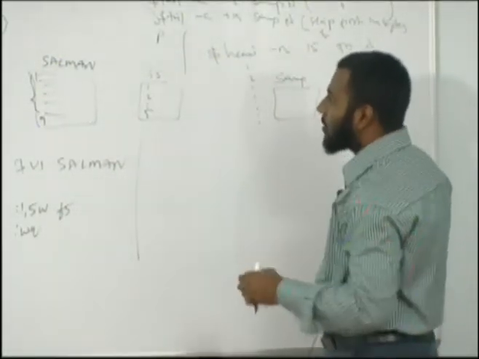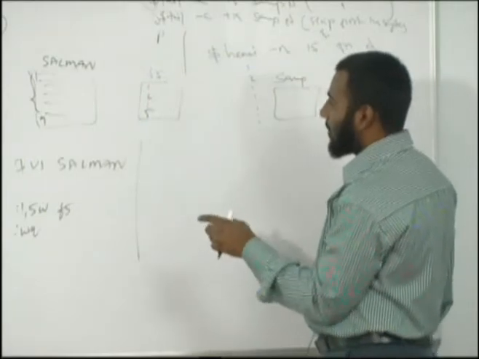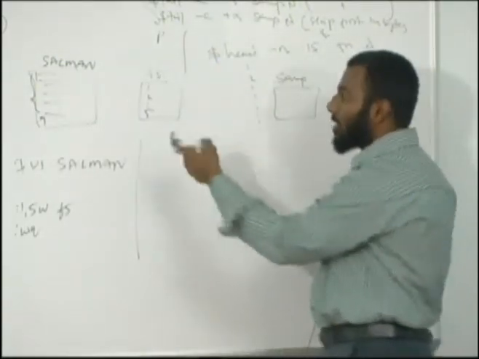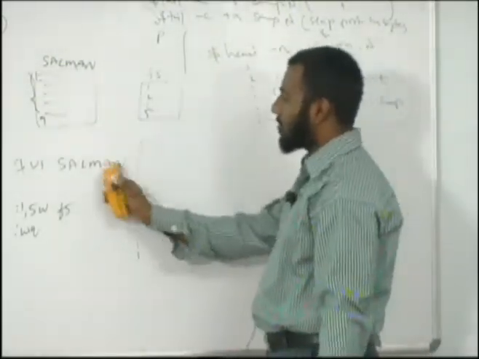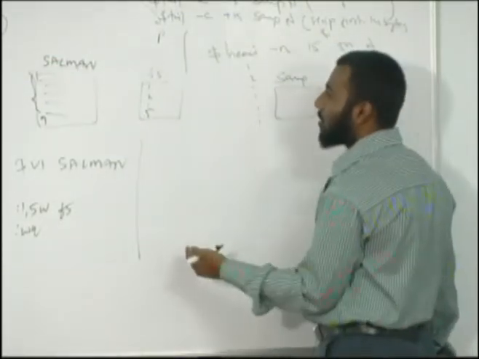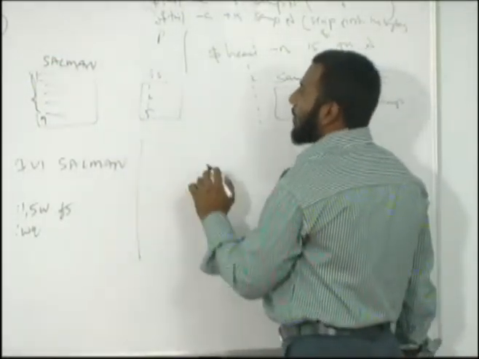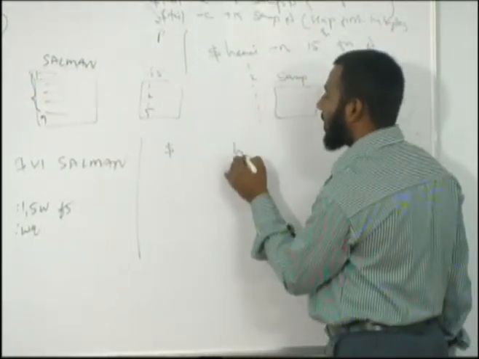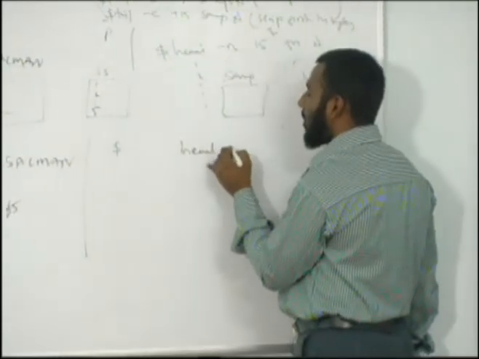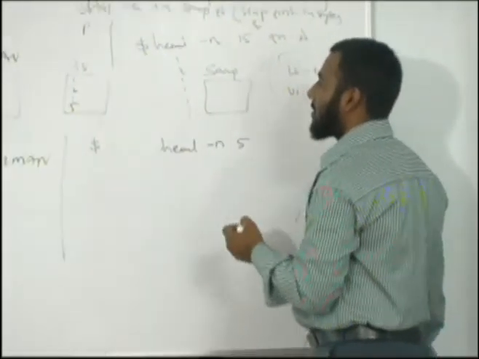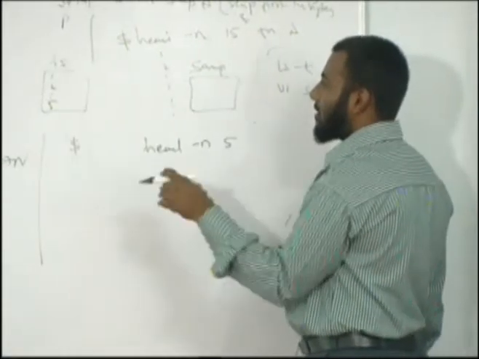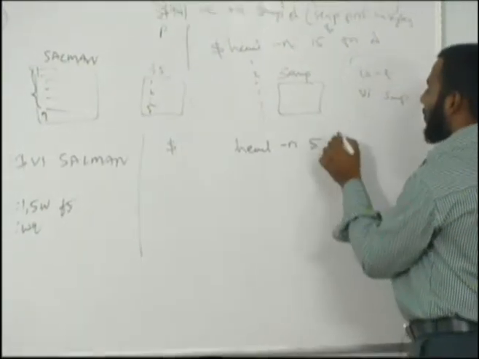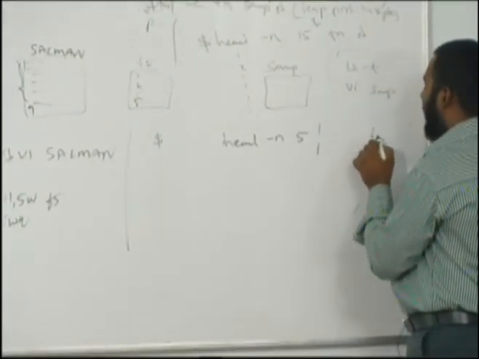Or otherwise you take the problem with this constraint. How do you copy first few lines of a file into another file using head command? It means we should not use these procedures, only using head. How do we do that now? Let's try. I want first 5 lines, head, option N, this first 5 lines. Okay. This will give me the first 5 lines, and I want this first 5 lines, okay, into this file F5. So I'll use this pipe F5.